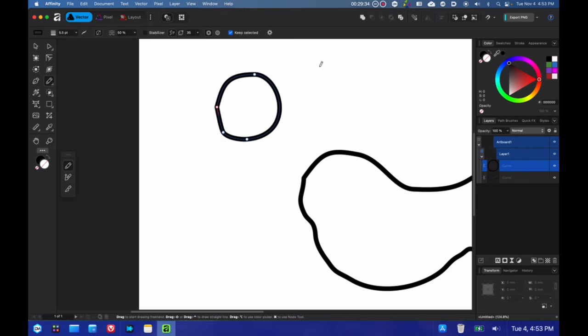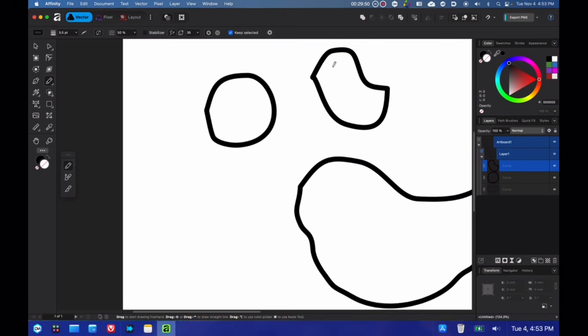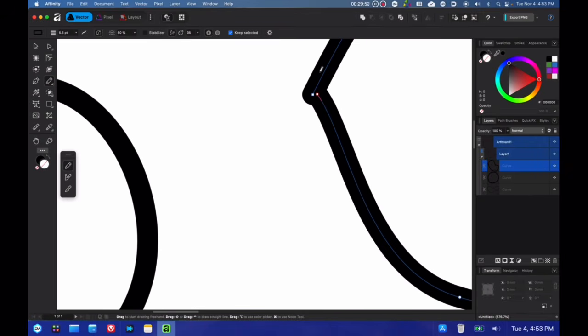But then if I use the sculpt mode, stop and release my hand and continue drawing, now it will not close. So the auto close feature is only if you're drawing in one take. If you release your hand and then continue drawing, then it won't work in that case.